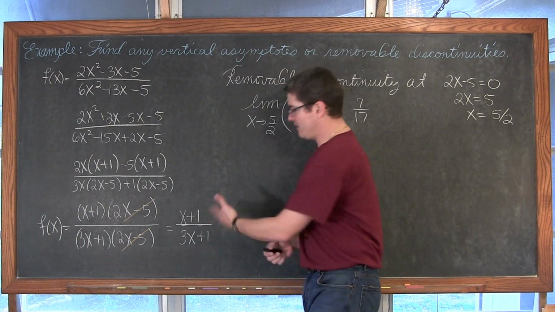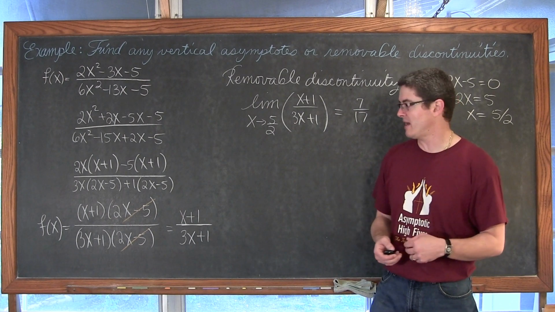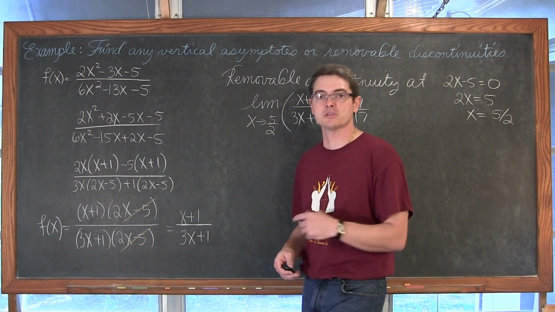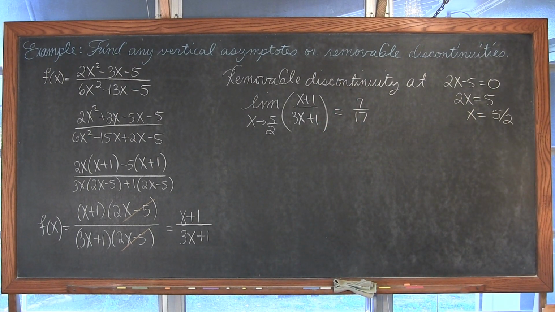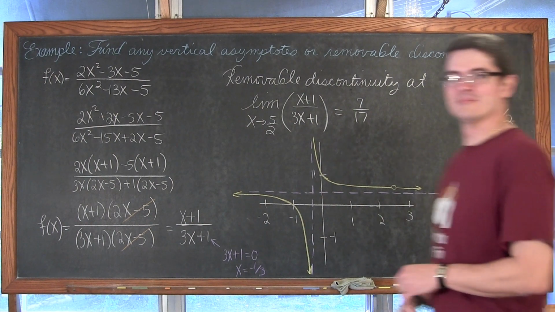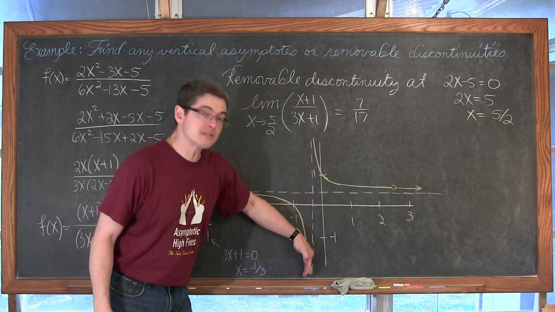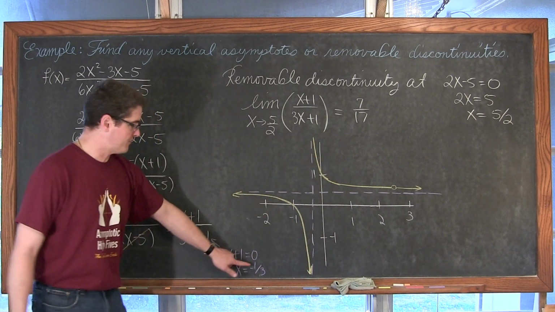use a table of values to finish plotting the function. If you're in a class that doesn't allow you to use a calculator in your calculus class, well, if you are allowed to use a graphing calculator, you could just type that in and see what the function looks like. It will look like this. So with that table of values, we will see that the graph approaches negative infinity as you approach that x value of negative 1/3.